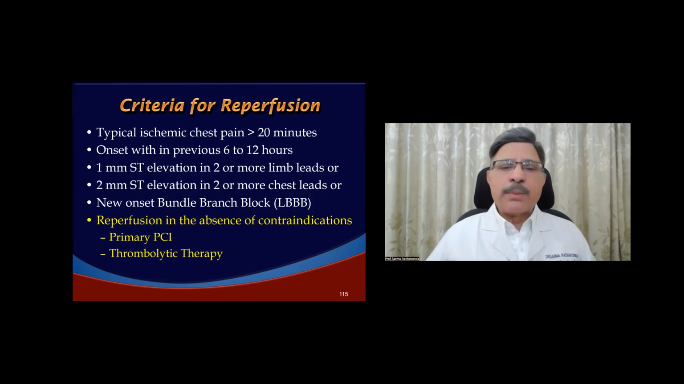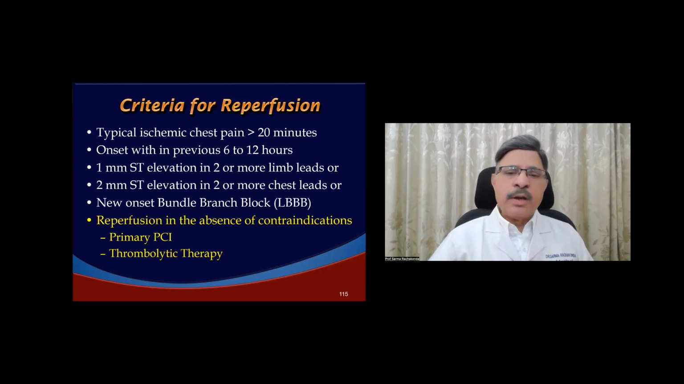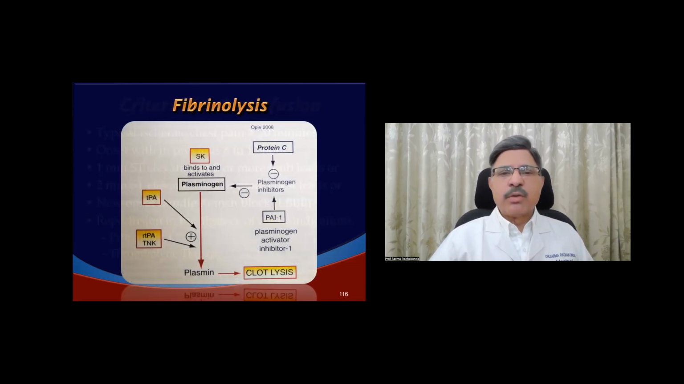Reperfusion in the absence of contraindications. How do I do that? Primary PCI, where facility available. Reperfusion is opening the vessel, and you can do it by an angiographic procedure, or you can give a blind procedure like thrombolytic therapy, depending on the availability, depending on the cost, depending on the patient's preference. Okay. Now,